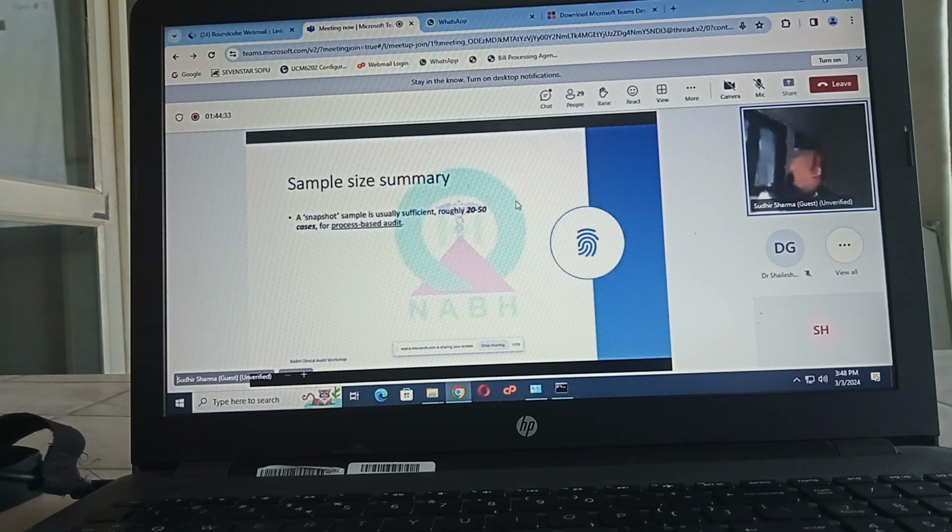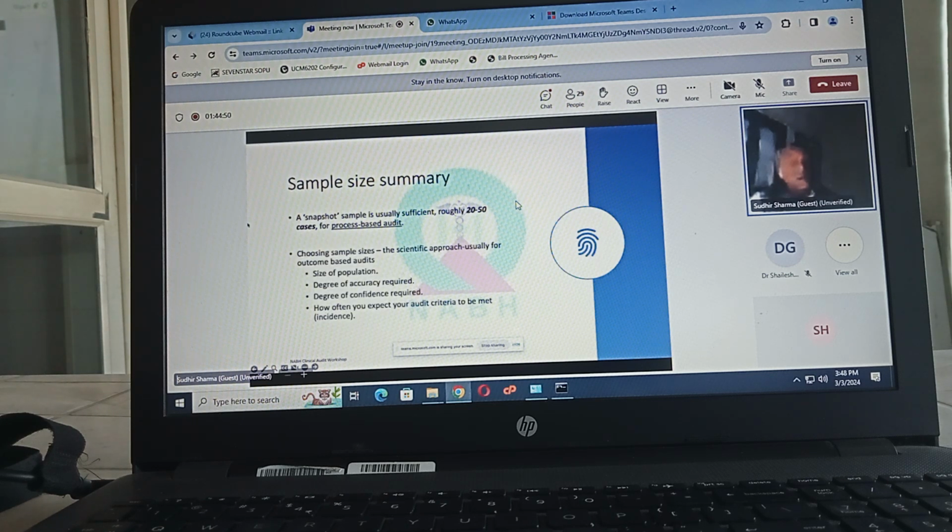They will throw you out of the window for your study out of it. But in healthcare, on a process-based method, a snapshot of 20 to 50 is usually sufficient. Otherwise, it all depends on size of population, degree of accuracy required, degree of confidence, and